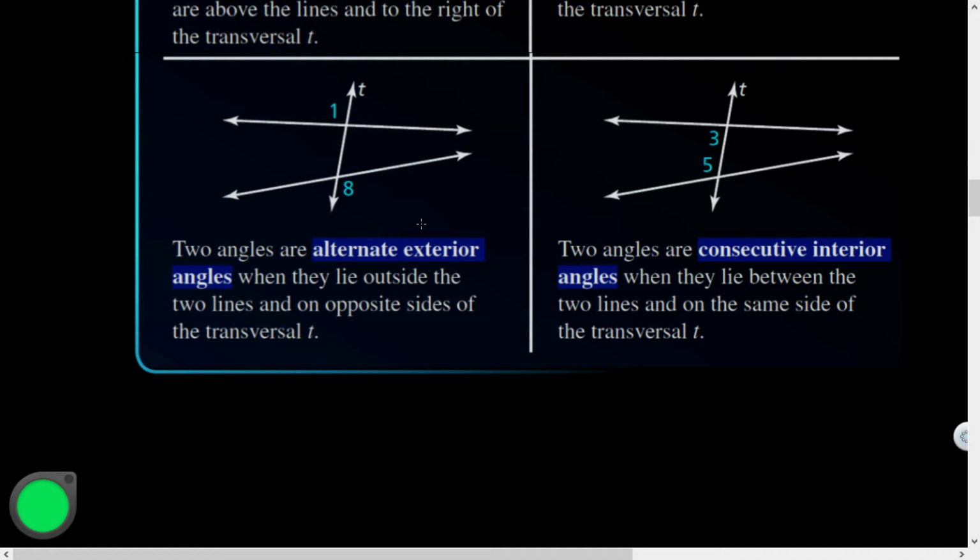Alternate exterior angles. Notice here's the alternate concept again. They're on differing sides of the transversal, and they're exterior angles because with respect